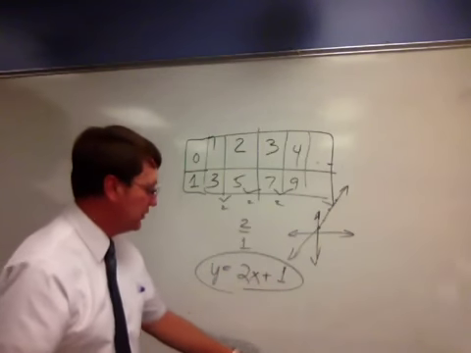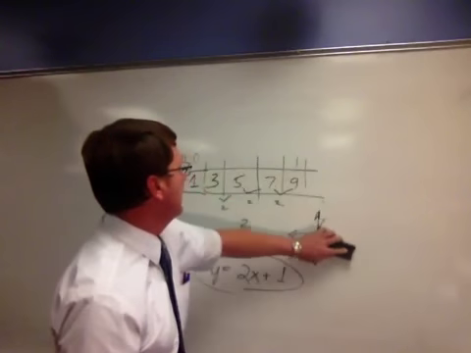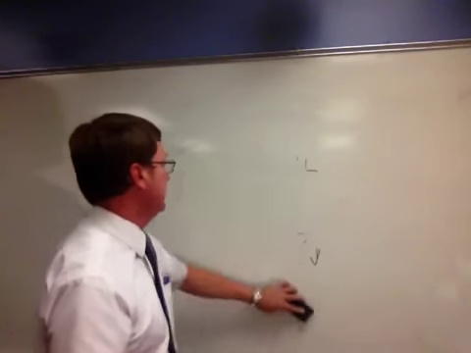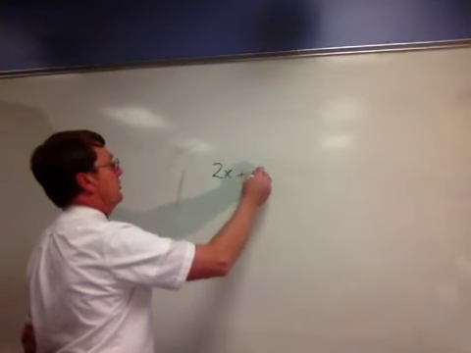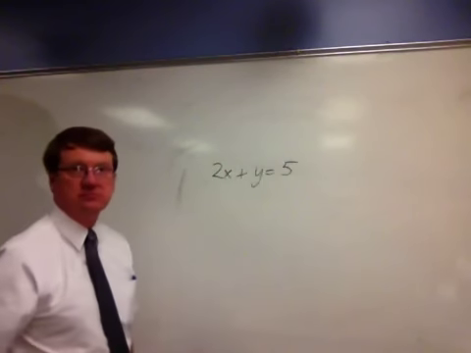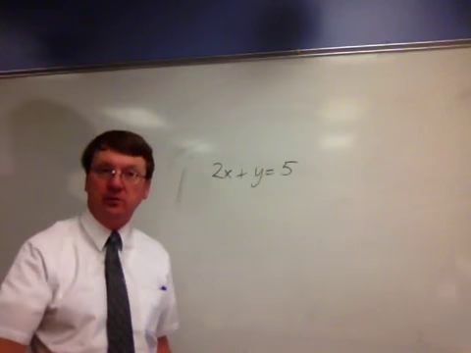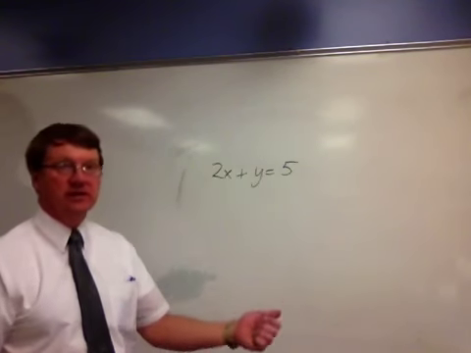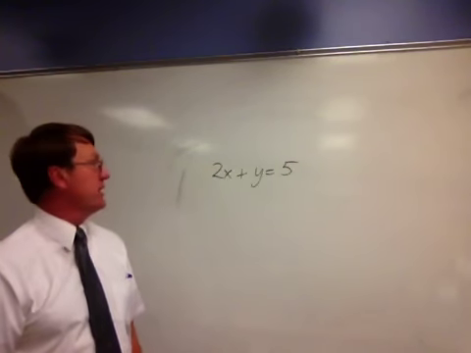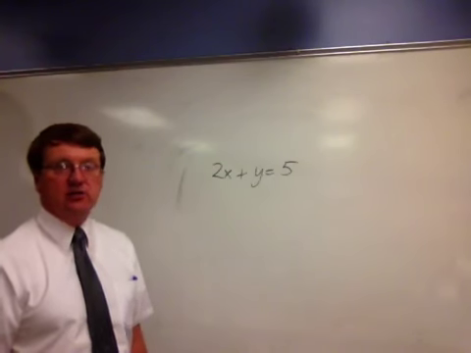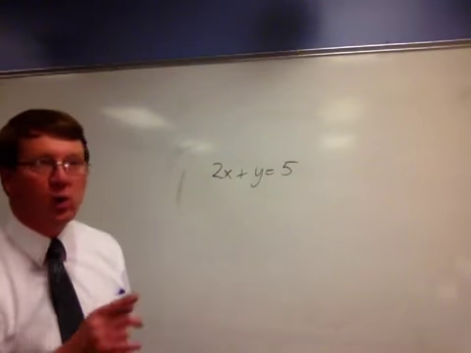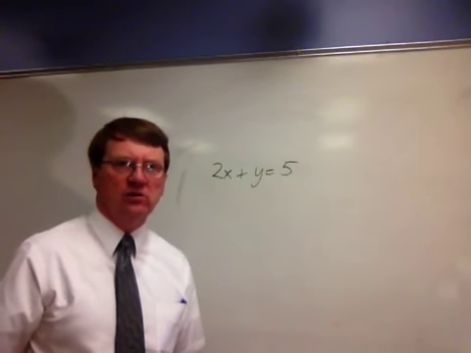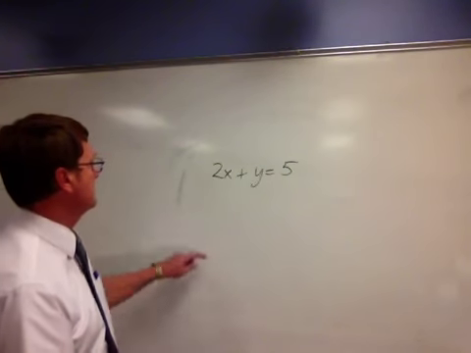Slope-intercept. The trouble with some of the problems out of the book has been that they haven't always had it in the right form. Let's say it's 2x plus y equals 5. First number doubled, plus a second number, gives you a total of 5. What kind of numbers could that be? Students sometimes have a very difficult time because they think there's only one answer that works. No, there are lots of answers. Like for instance,